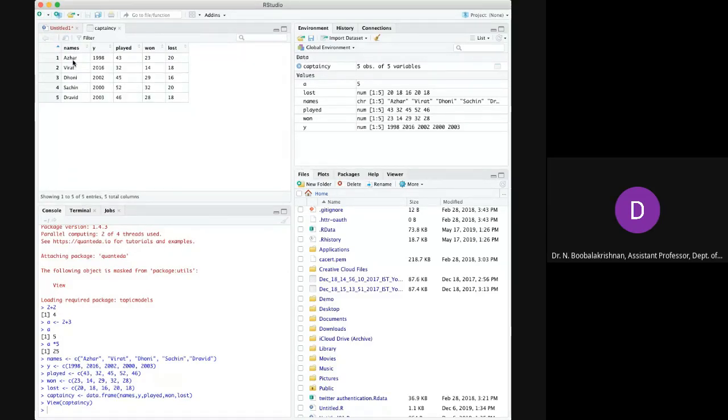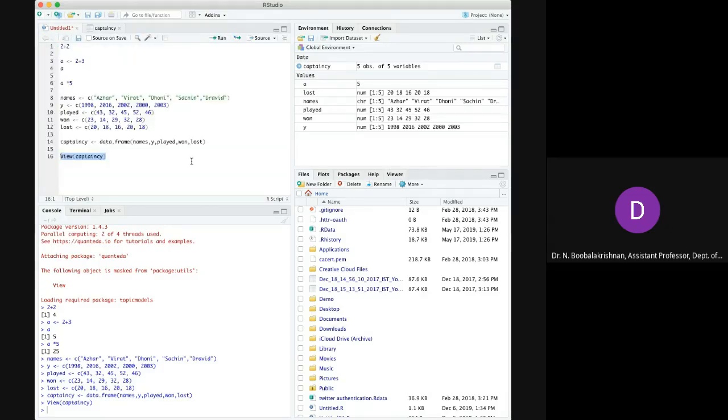Azhar 1998, played 43, won 23, lost 20. So this is how we have to create the data sets. No need to worry about big data or mass data, which can be easily scraped or extracted from the web and will be available in a format compatible with R. This is just a small example of how to create data frames.